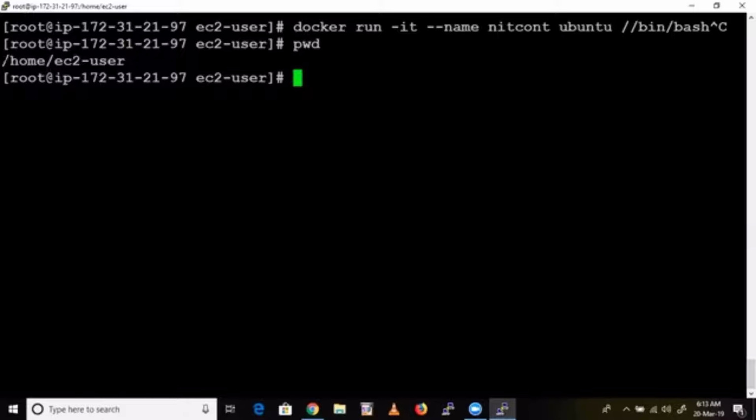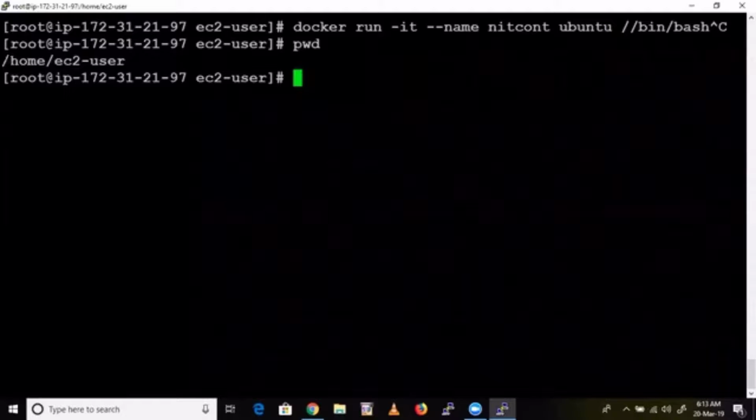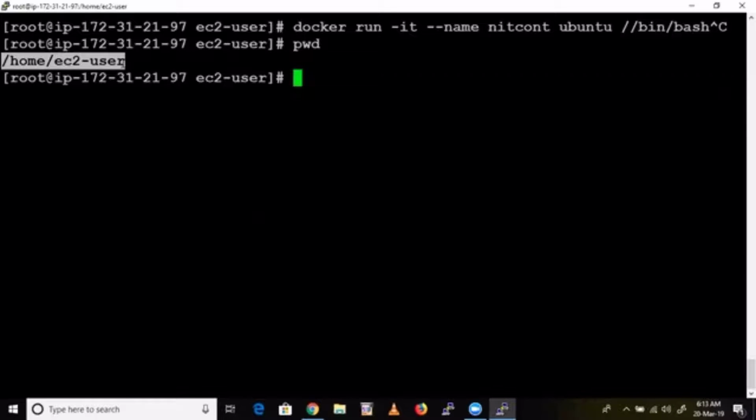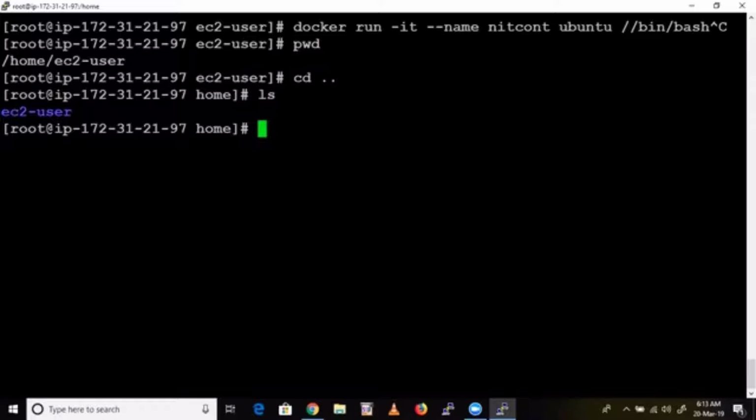See here, if I type pwd, it is showing under slash. We have a folder called home, and inside that we have a folder called ec2-user. Here, ec2-user is not a user; it's a folder. It's a folder under home, because when you log in as ec2-user, one folder will be created in his name.